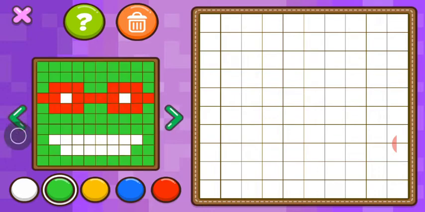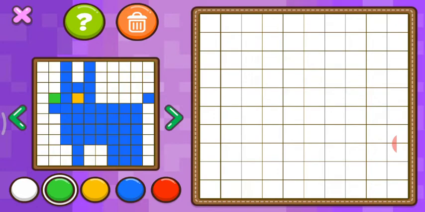You can select any one of the pixel art and bring the same image to the right canvas. Is that clear, children?